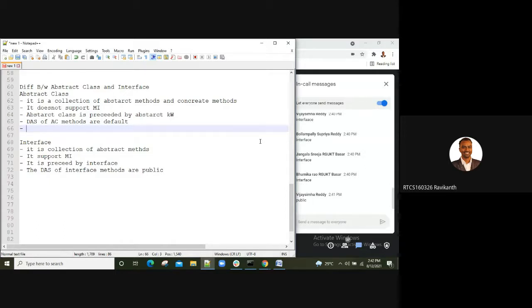Yesterday we have seen an example also. We use the extend keyword.